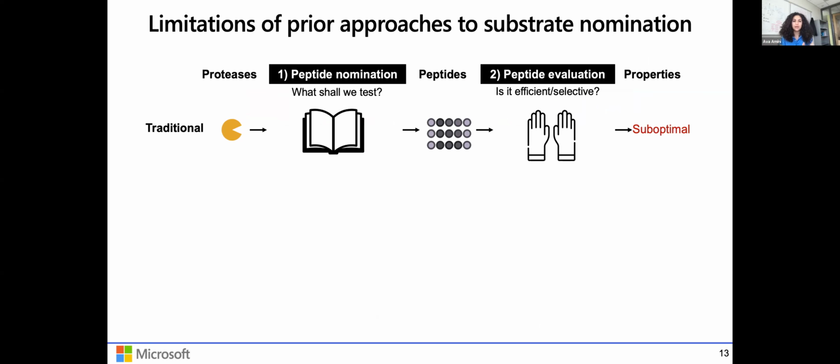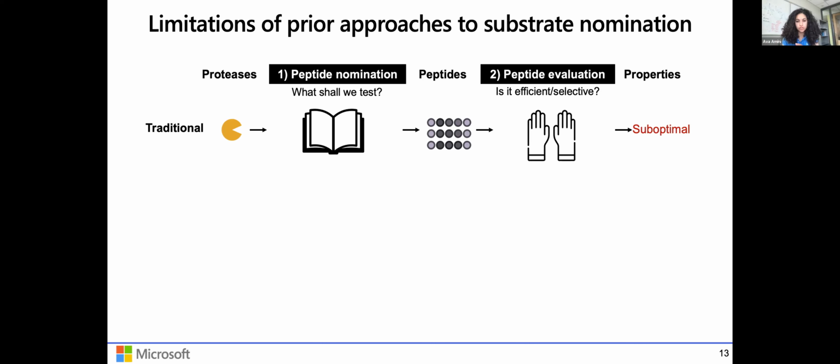However, this quickly becomes limited not only from a throughput point of view, but also in terms of the established evidence about the specificity determinants of both the proteases and the substrates that they recognize. So there are clear limitations with this kind of hand-curated